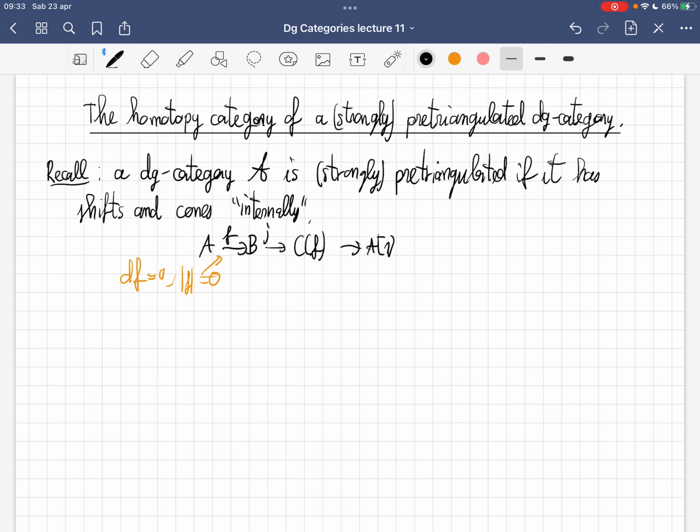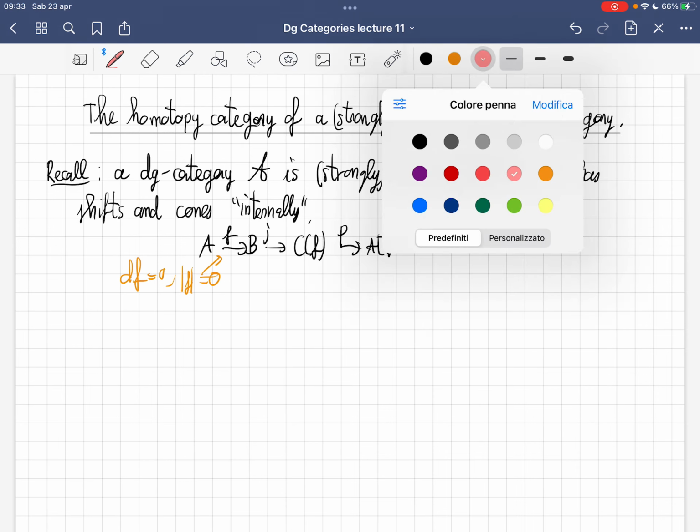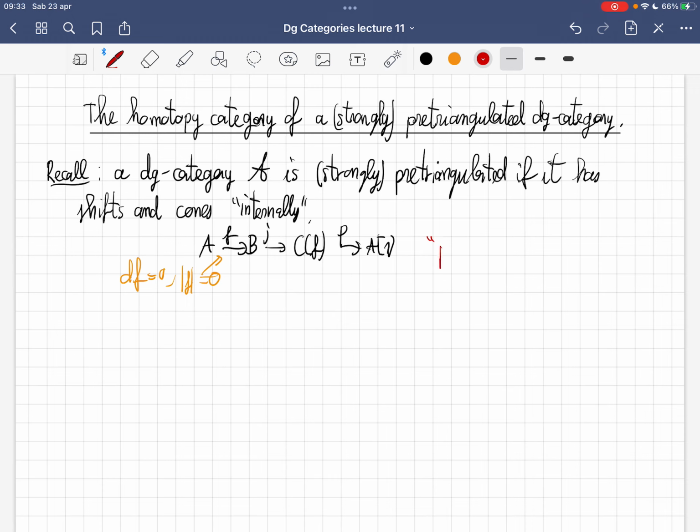We have these sequences, so-called pretriangles. They are like, if you want, the internal version of the pretriangles we know in the DG category of DG modules, and shifts and cones